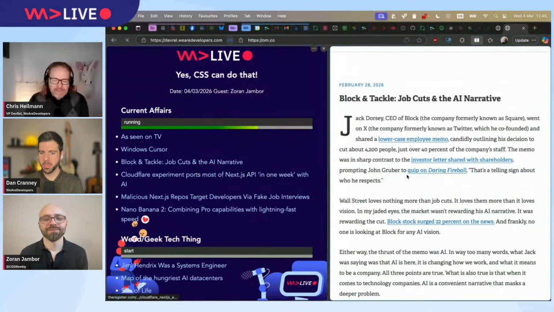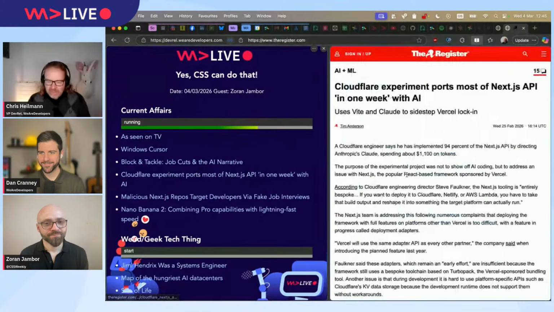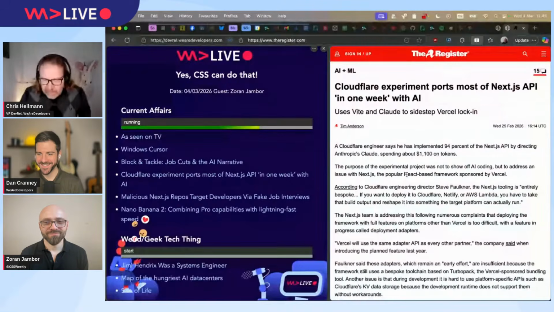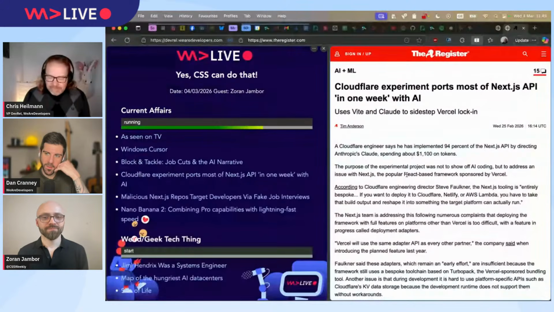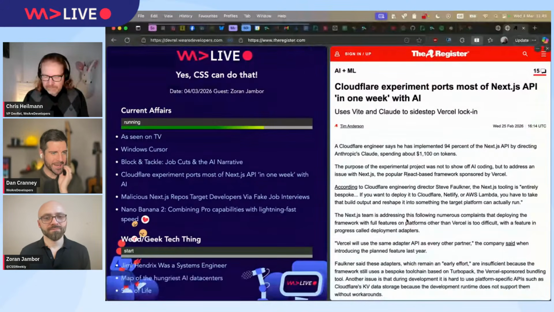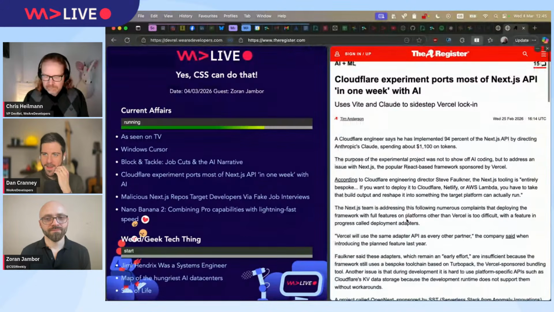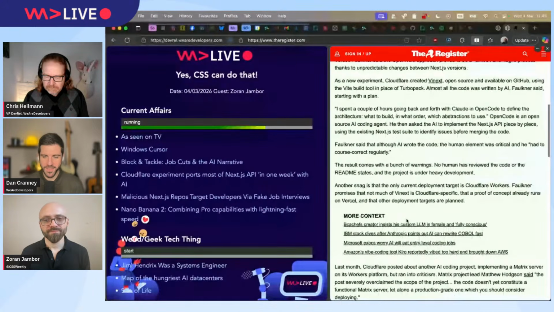Cool. Cloudflare said they rewrote Next.js in the API in 1 week with AI using Vite and Claude, and yeah, I wonder how many tokens. Yeah, I mean, they said they spent $1,100, but I don't know how many actual tokens it was. But it was really interesting to read, because I do use Next, but